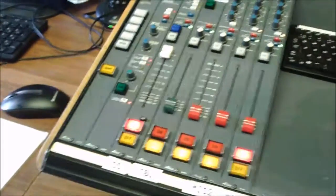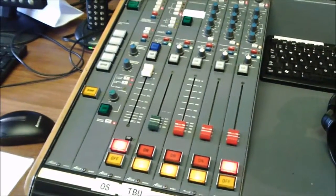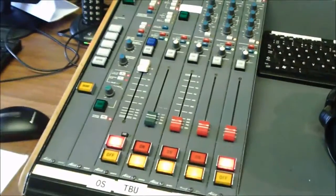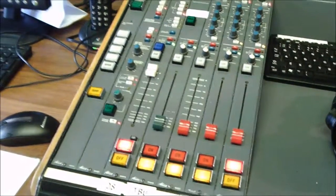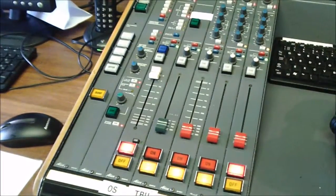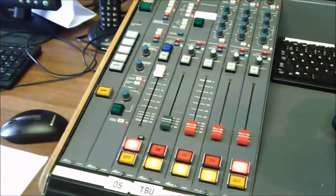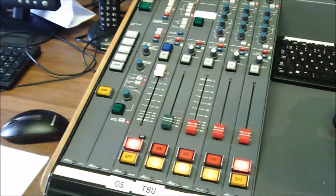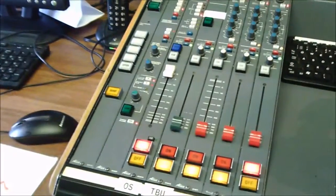If we look at this side first, we've got our 3 mic faders. One's spare at the moment because we've only got 2 mics in operation. The one with the red light on is switched on as it's the presenter mic, and the second fader is the guest fader. All these faders can be switched on and off with those switches, so as you can see, some are red saying there's a supply and some are off, so even if you were to push the fader